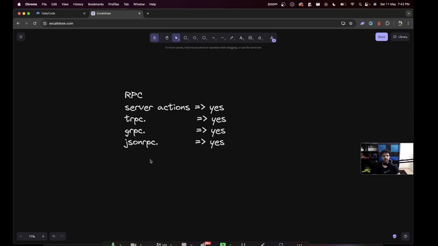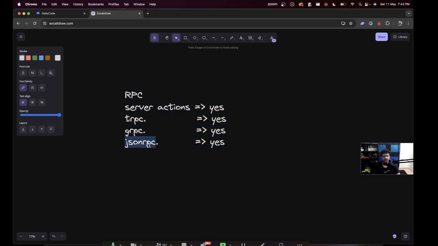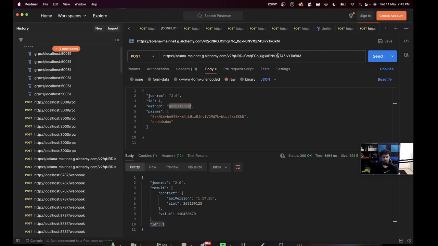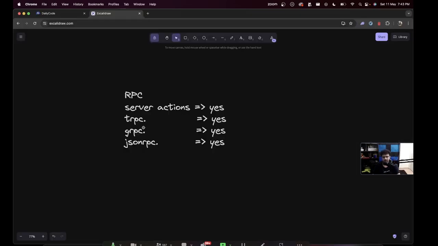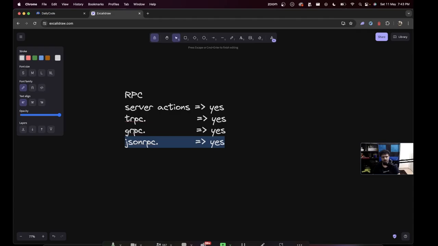There is no benefit of these in scaling really. If you're using JSON RPC specifically, you're still sending JSON, getting back JSON, rather than sending something in the route. Okay, I want to do a get balance. You are sending it here as the method parameter. So there is no benefit in scaling if you're using JSON RPC, for example,